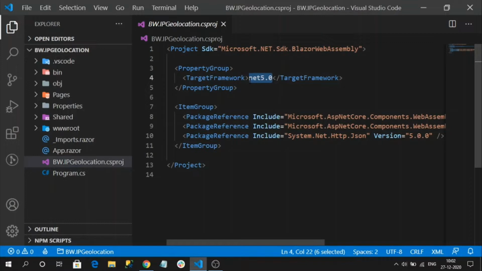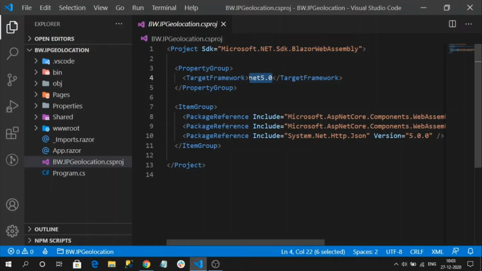Here I am going to use the IDE Visual Studio Code, and if you want, you can use Visual Studio 2019, which is the most recommended one, but you should have the latest one to build the .NET file. So here I am going to implement fetching the user IP address as well as the geolocation in the Blazor sample application. Before going any further, I want to mention that this entire session has been made as a blog. The link is available in the description below the video.